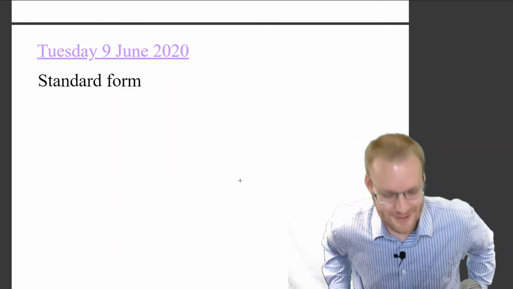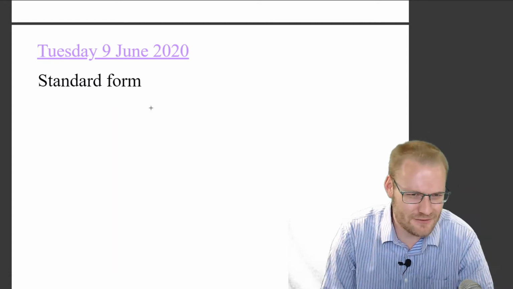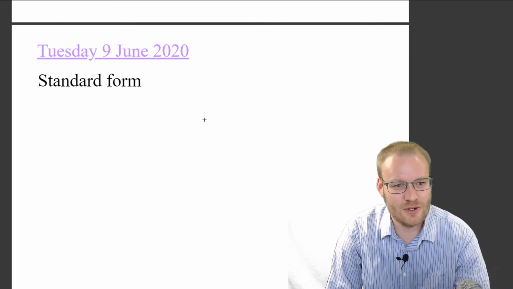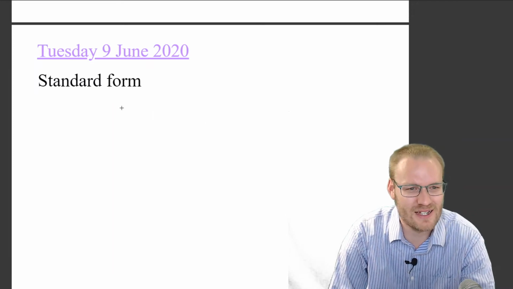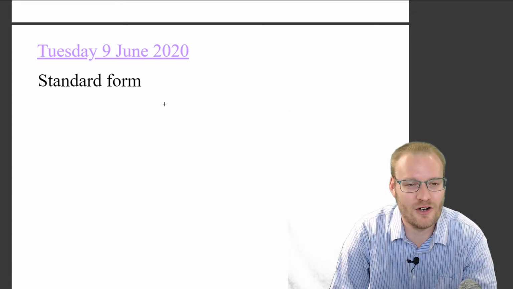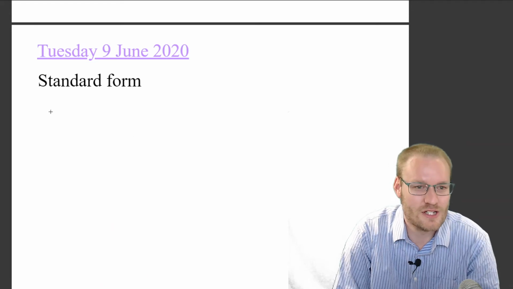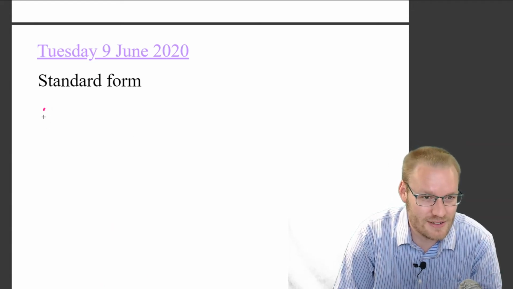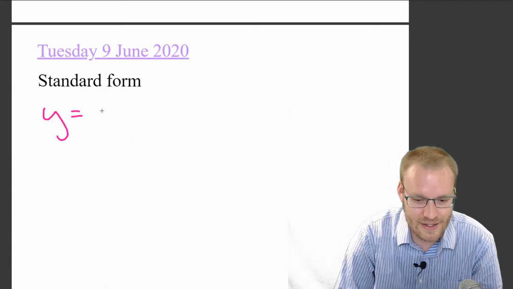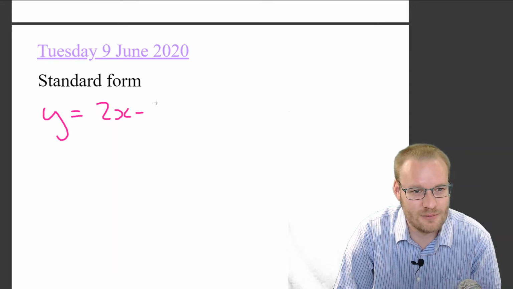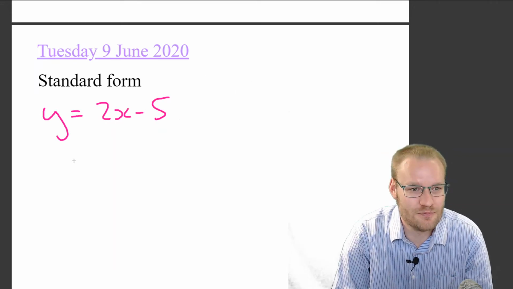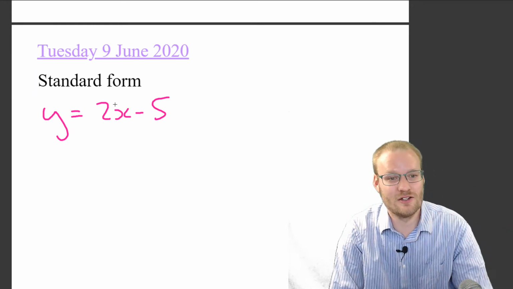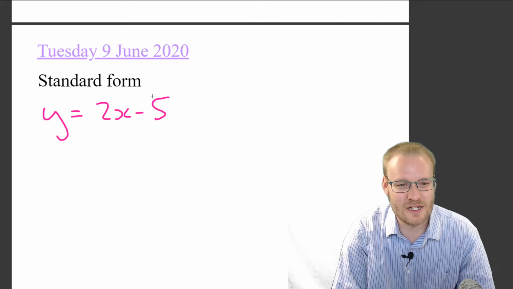Okay, so we're looking at standard form. Now, you might ask yourself, what is standard form? It's a good question because that's what we're looking at, and everything we've been given so far has been in standard form. So here's an example of a straight line in standard form. Y equals 2x minus 5. That's how all our functions have looked so far. Just y on the left-hand side equals everything else on the right-hand side, with something times x plus or minus